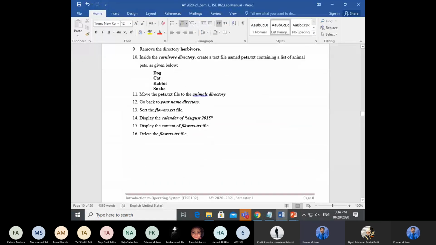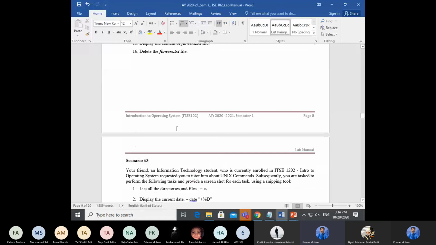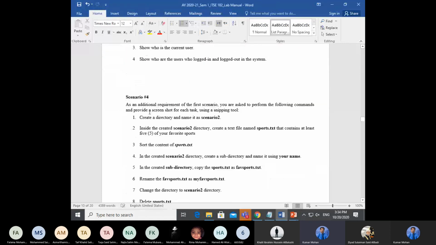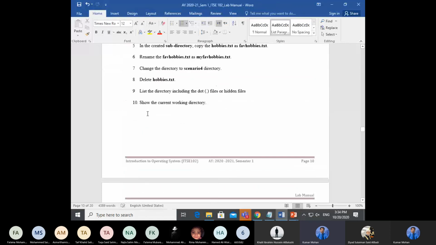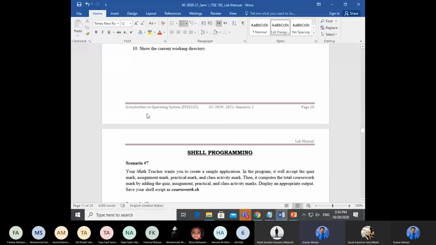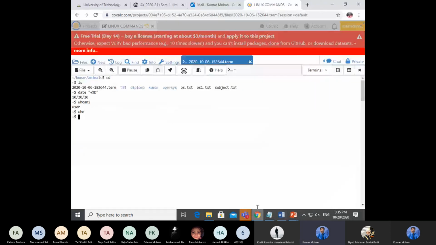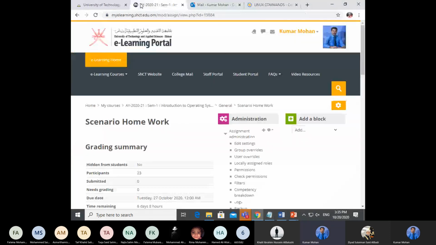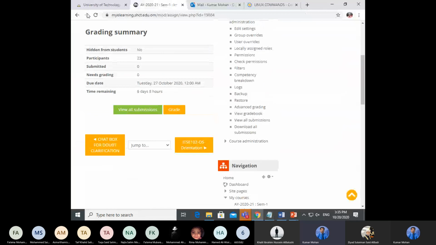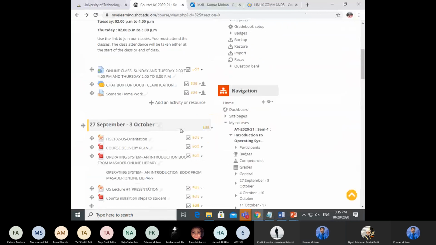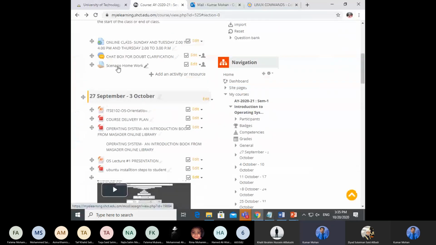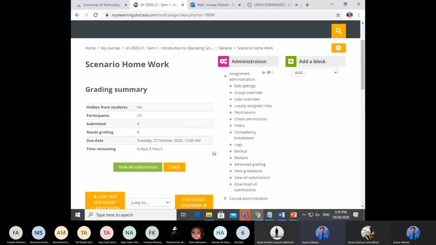Dear students, one more request for everyone: complete all of scenario 2. I want the answer. Only after you send it to me quickly can I put up the answer for this one. Where do you need to put the answer? Just go back. Here you have scenario homework. Click on this, submit file. Just send me the picture of what you get.